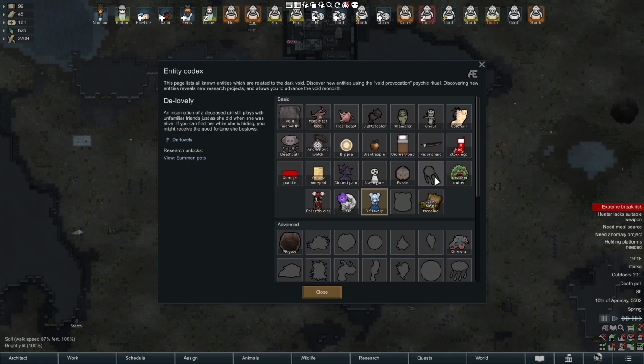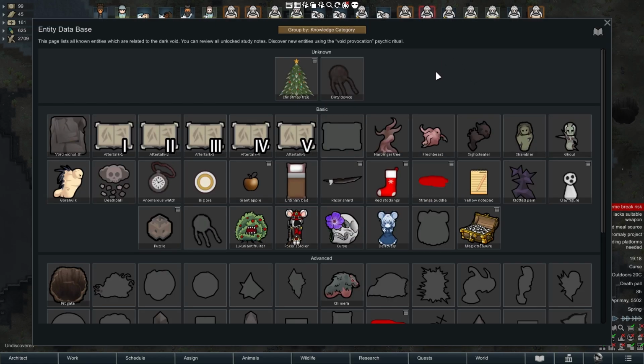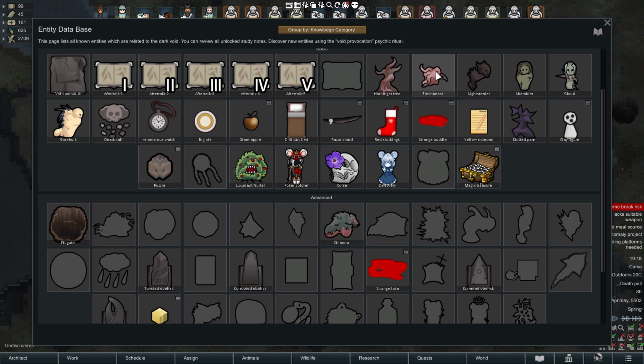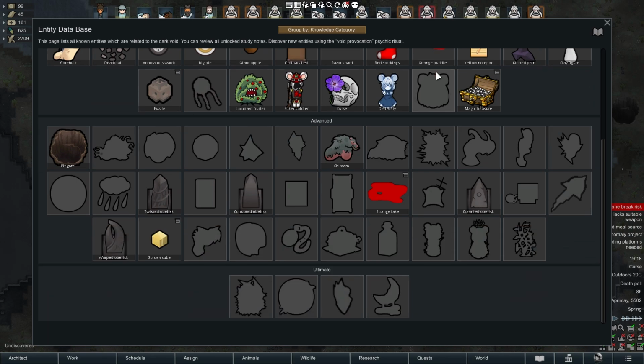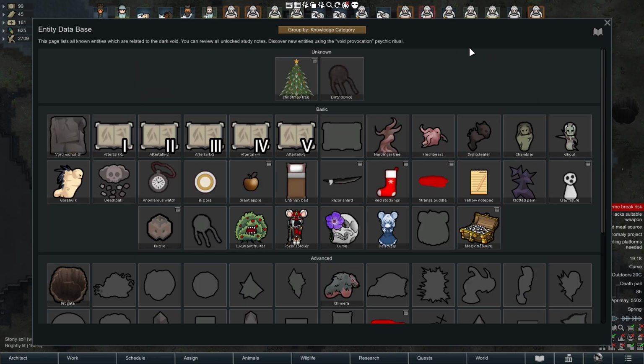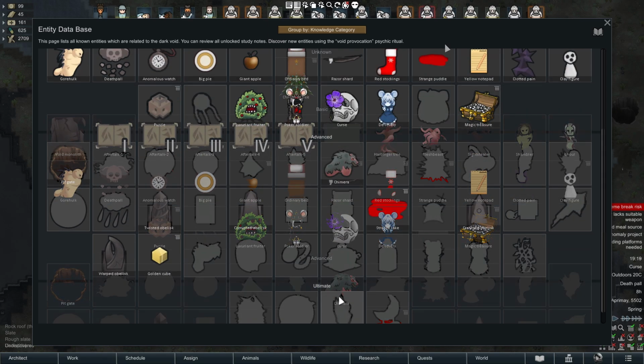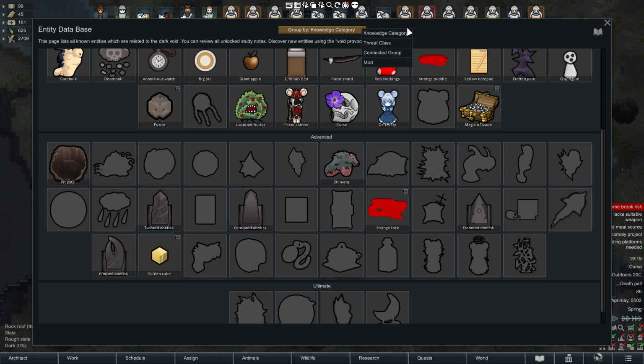You can access it by clicking the IE button in the top right corner of Entity Codex. The window itself now takes 80% of the screen and images of each entity are no longer small, so you don't need to break your eyesight anymore. Now more entities can fit on each row. Currently, all entities are grouped the way the vanilla entity codex does it. But Entity Database allows you to group by mode categories.